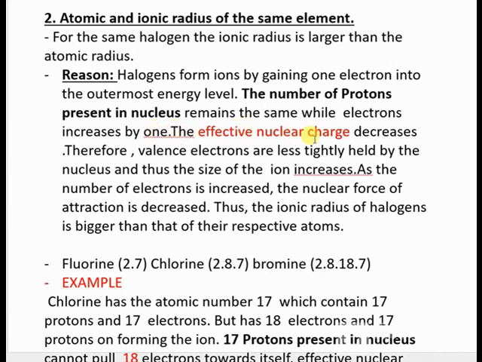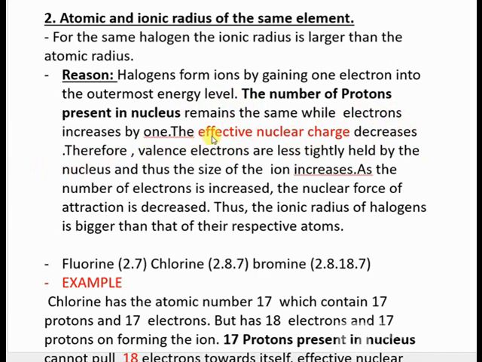The effective nuclear charge decreases. Remember, the effective nuclear charge is the force of attraction that pulls electrons in their outermost energy level towards the nucleus. But now this force has decreased. What effect will it have on the outermost energy level? Since the force has decreased, let us see. Therefore, valence electrons are less tightly held by the